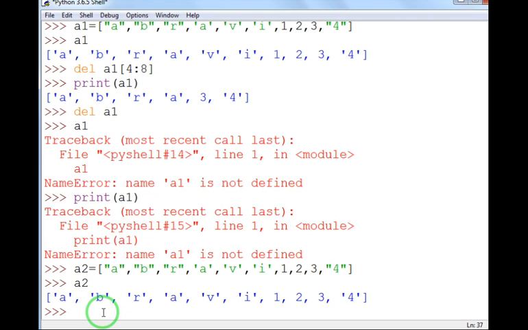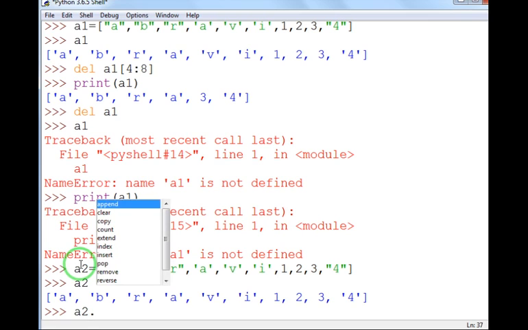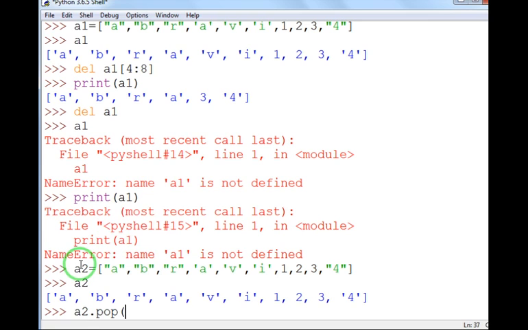If you want to use del, you write del and then the name of the list. But when you are using the pop function, you first write the name of the list from which you want to remove the value, then A2 dot, then you write pop, and then within small brackets, not the square bracket.